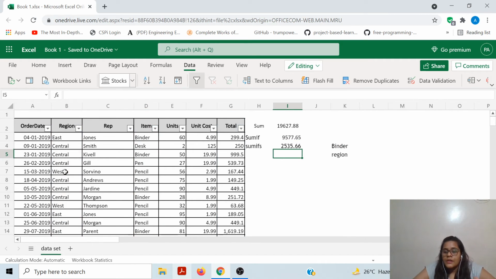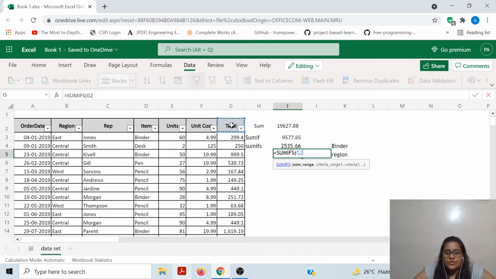If you forget what to do first, you can see Excel also keeps on showing you what is required of the user. If you can see in the gray box that is appearing, sum range is bold. It means that the user has to enter the sum range. So we select the sum range. Then all parameters are separated by a comma. We put a comma and we see that criteria range 1 has become bold.